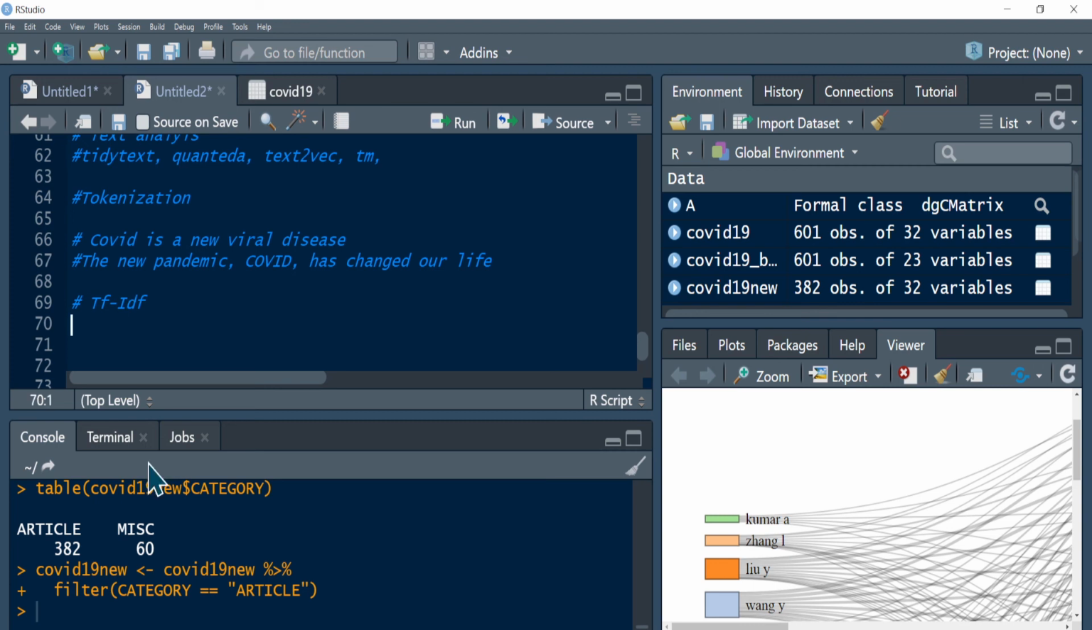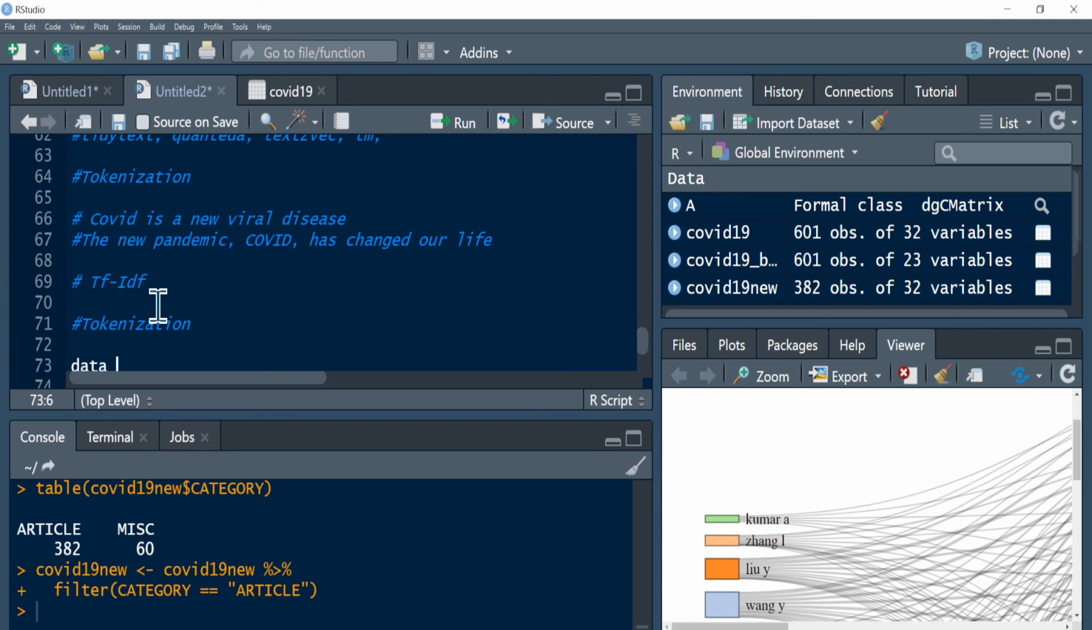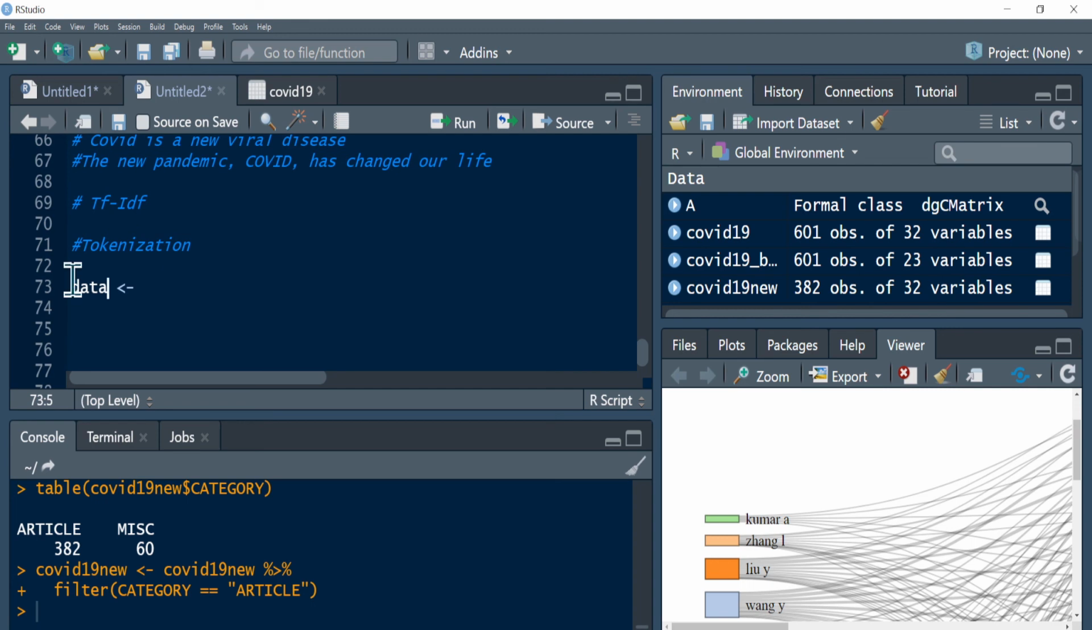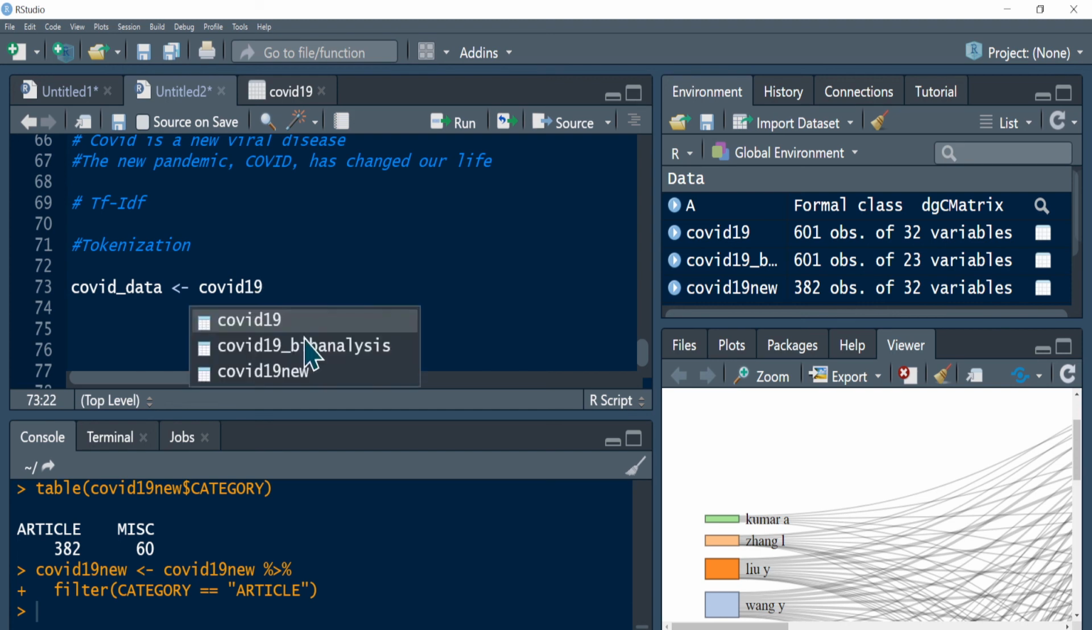So as I said, the first step is tokenization. So we will do tokenization. For that, let me call it data. Actually, data is not a good name. Let me call it COVID data. And then let me call my previous data COVID-19 new, that was what I just created. And once I have that, let me